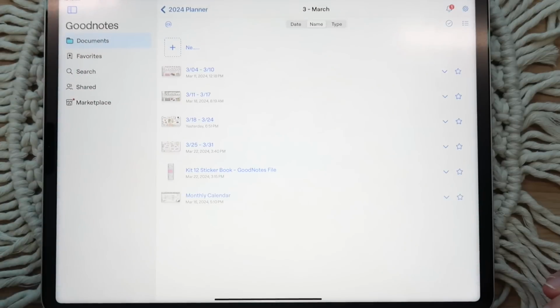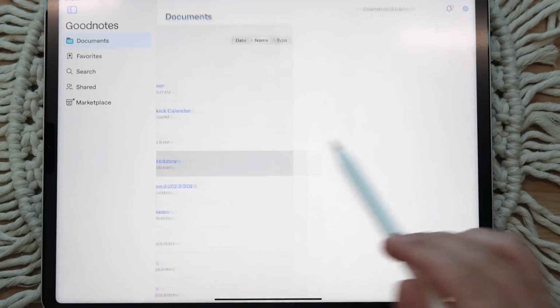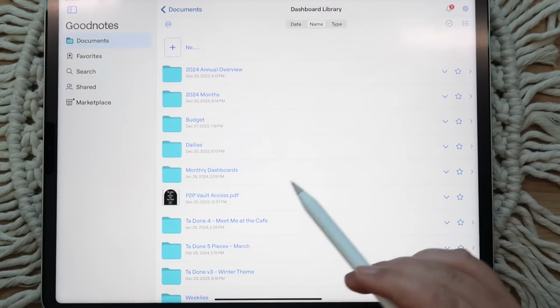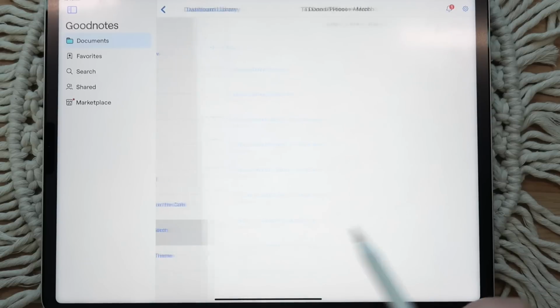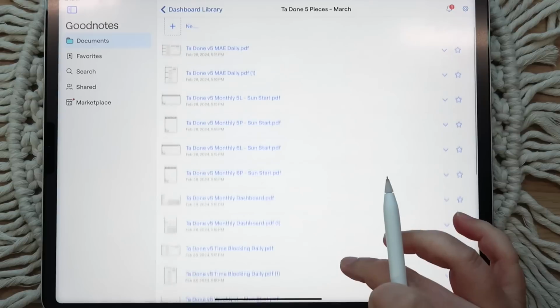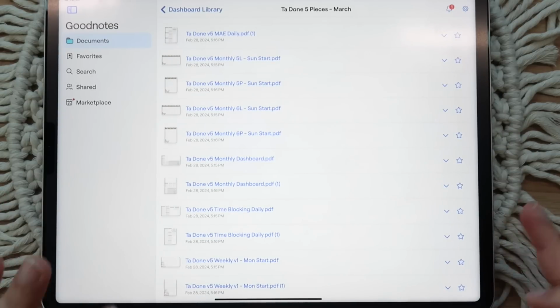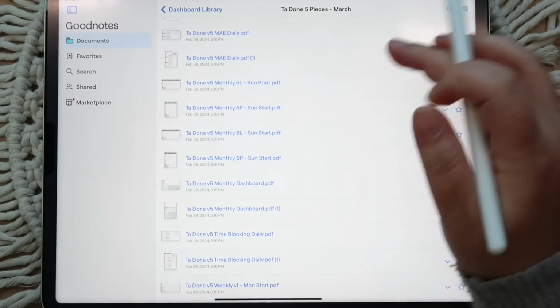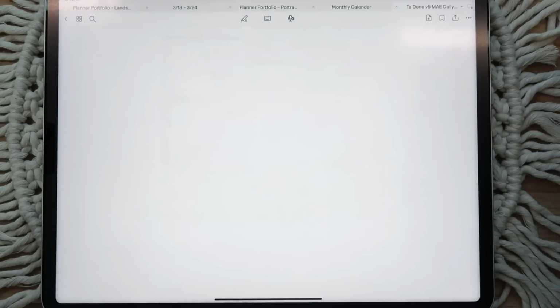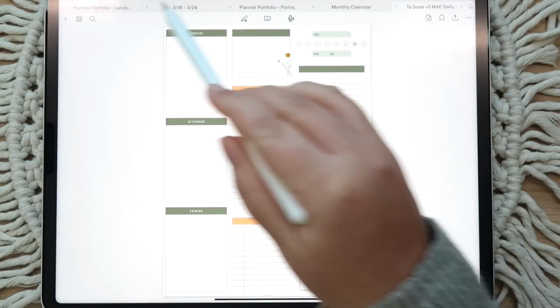Obviously you also, like I mentioned earlier, you can just go in and say I want to go to my dashboard library and I want to put, I'll go in here, I want to work out of, let's see, oh, and you can mix and match. You can put portrait pages in a landscape portfolio and vice versa too. So that's really cool, and I'll just show you guys that. So let's say I want to put a daily in. I am going to go here, I'm going to hit copy page, and then I'll go to my portfolio,